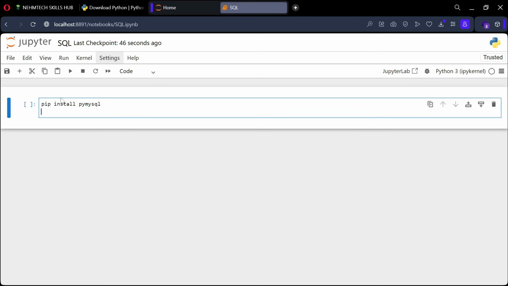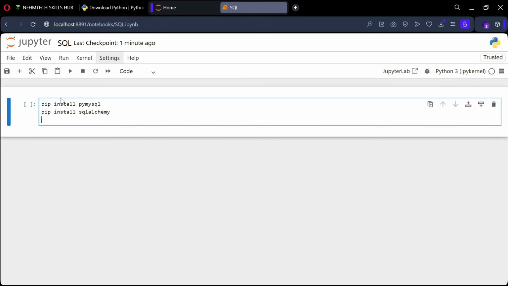MySQL. Then also we will need to have the pip install. Okay, pip install the SQL Alchemy. We are going to install the SQL Alchemy, and then also we are going to install here pip install Python